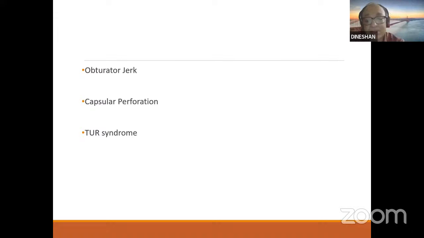If it goes undetected, then you have the patient going in for florid TUR syndrome. The patient will usually start with yawning, disorientation, restlessness, abdominal distension, pain in the hypogastrium.